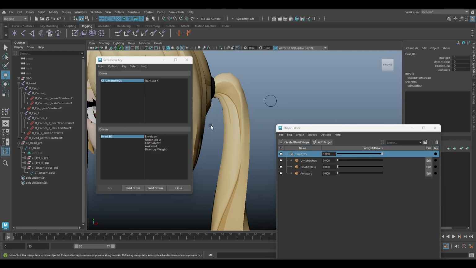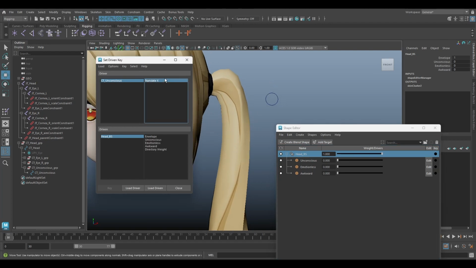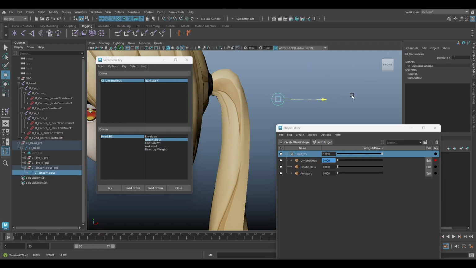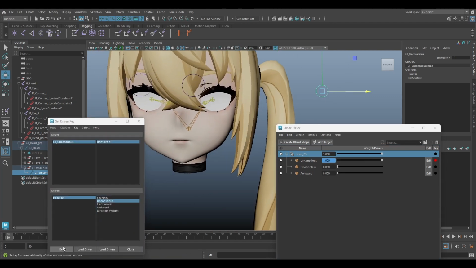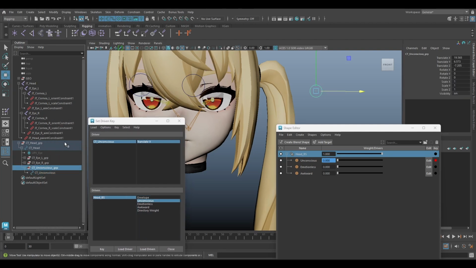As you can see here, first set the translate X to 0 and hit key again. Select the controller, set to 1, and the plane shape set to 1 here, and we can key again. Okay, and then we can do the same process for the other expression.